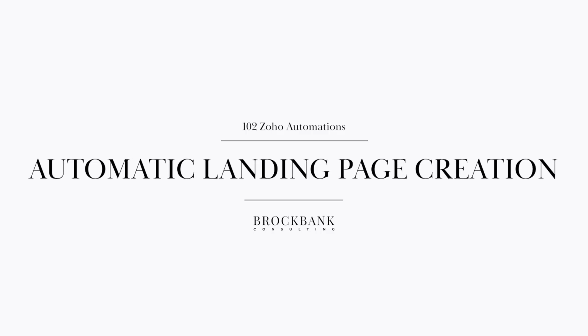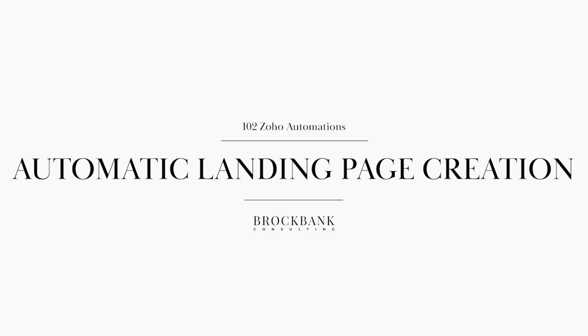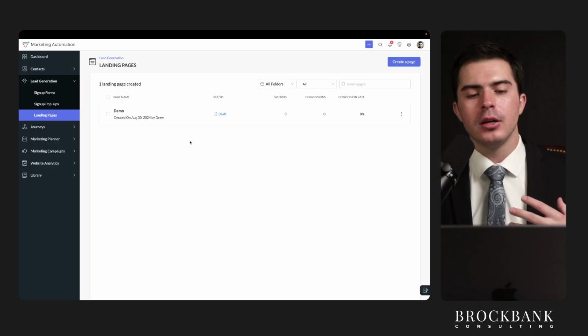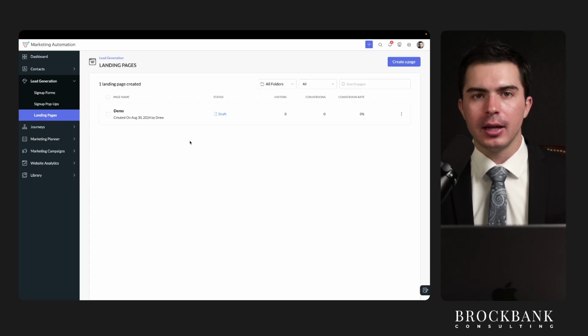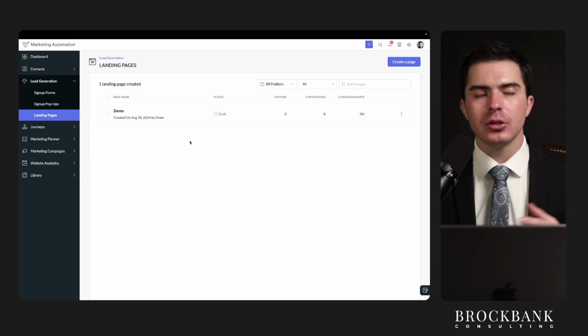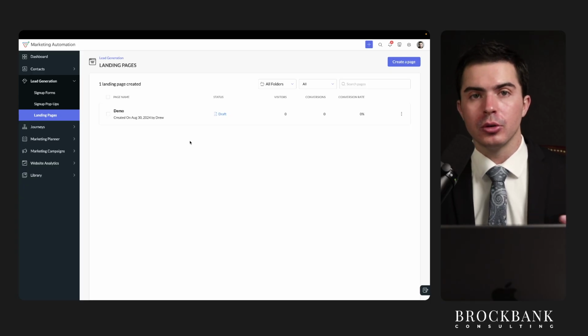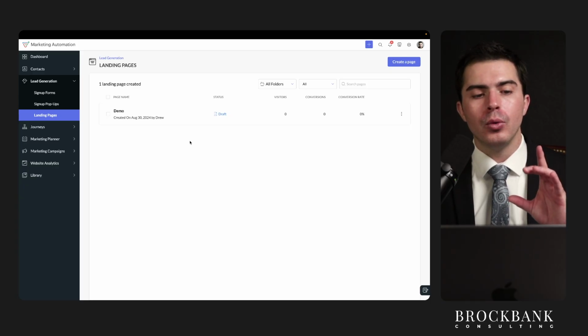One automation that I love inside of Zoho Marketing Automation is they have templates that you can use to automatically create landing pages. In addition to that, what's nice about this is usually when you want to create a landing page, you have to go through the CMS. Okay, so this is for you marketing nerds, or those of you who are on the marketing team, or solopreneurs who are marketing nerds. When you want to create a landing page, normally you have to go through the CMS,